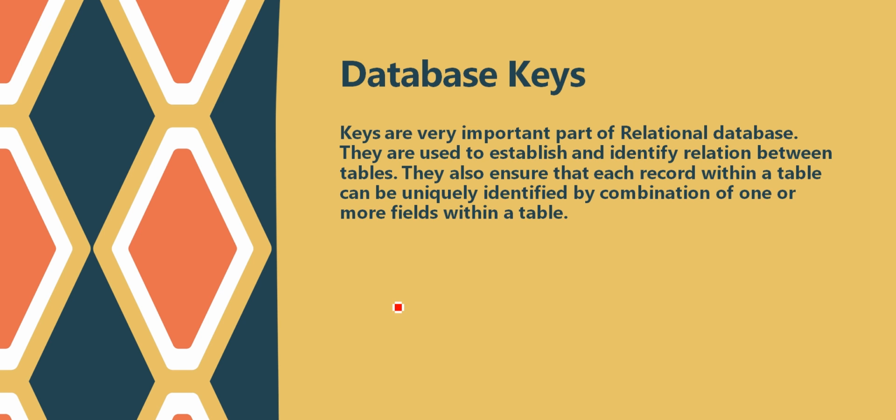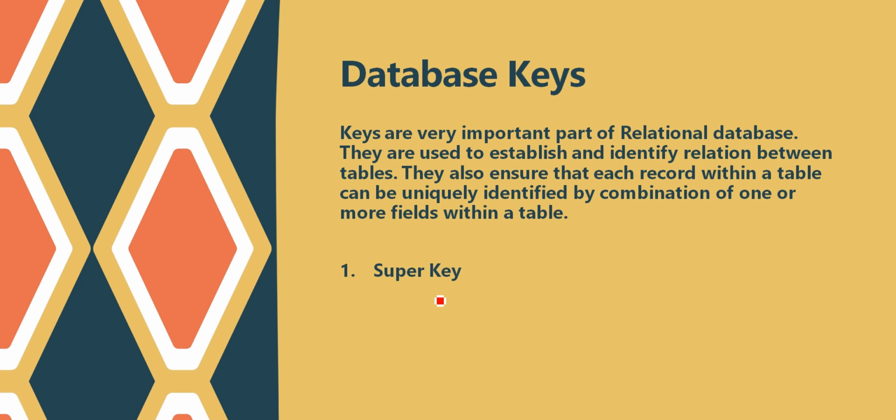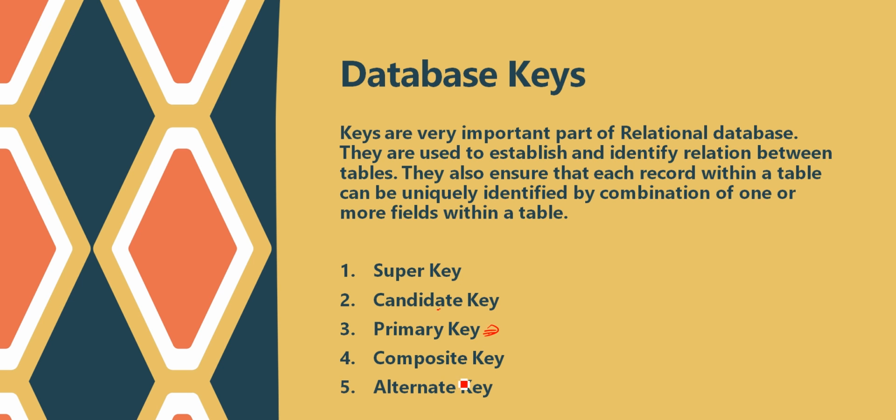So the main role of keys is to uniquely identify our rows, which is called a primary key. We are going to discuss more about this; this is just an introduction. We have different types of keys: super keys, candidate keys, primary key, which we have just discussed a little bit, and composite key and alternate key. So in a single table we can have different kinds of keys. We are going to look at them one by one, and we also have foreign key.